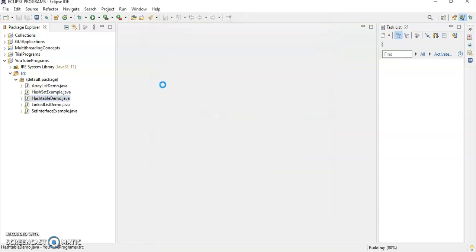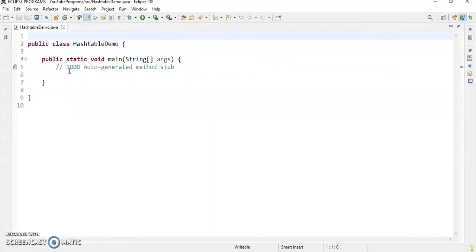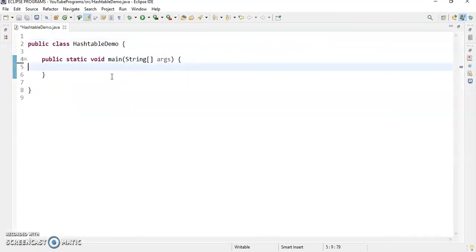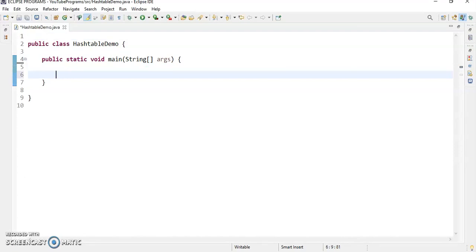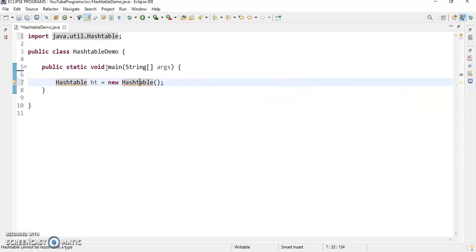It will open up with one class structure. Double click on this. Now we will implement the Hashtable. The first thing is we will create an object of Hashtable, ht equals new Hashtable. This is the first constructor. By using the first declaration we are creating a Hashtable. Now we know that it is available in which package?